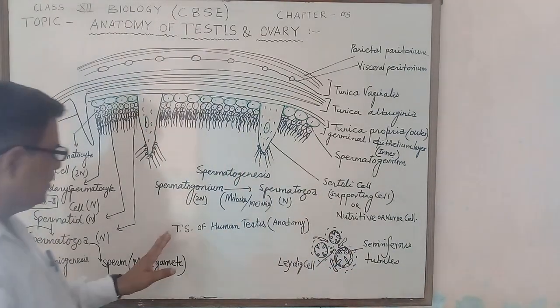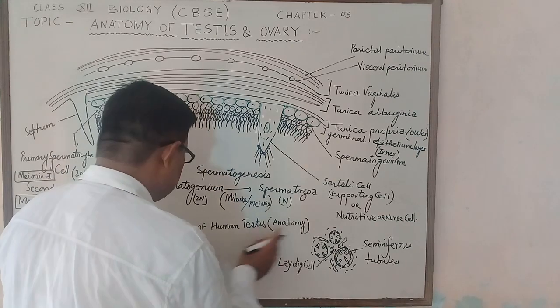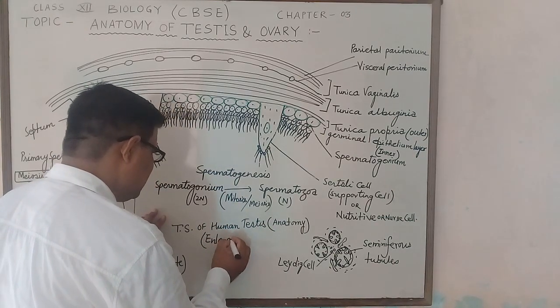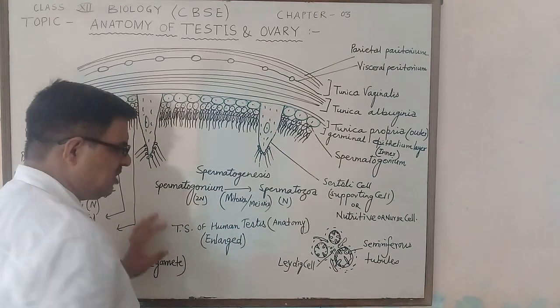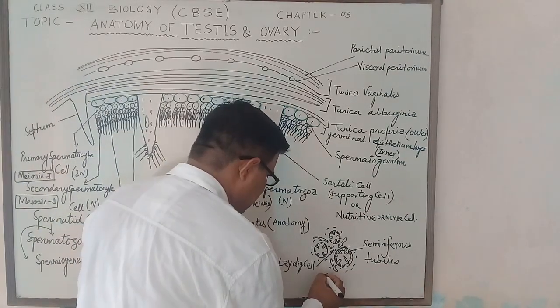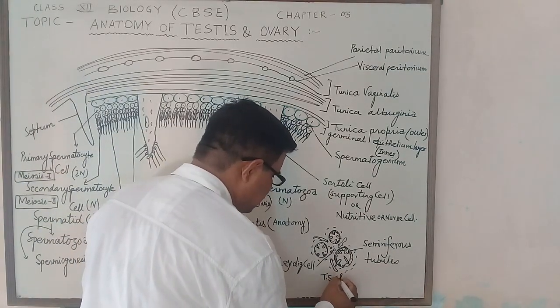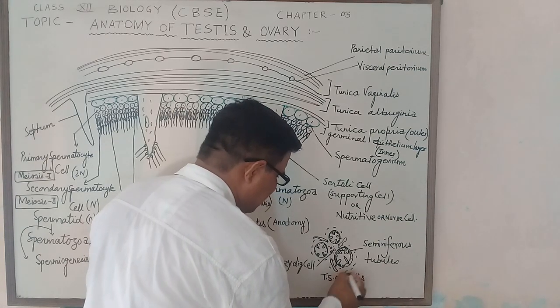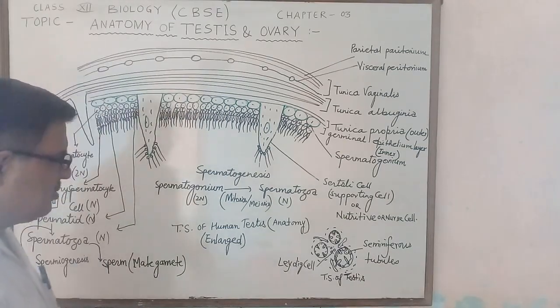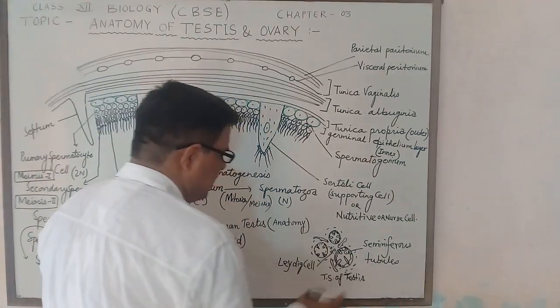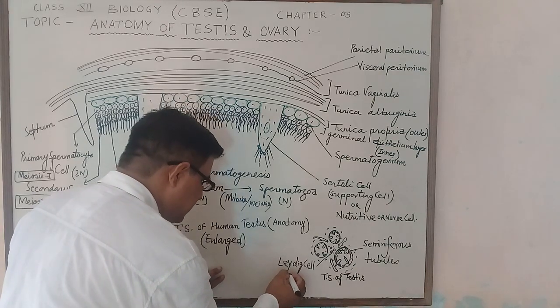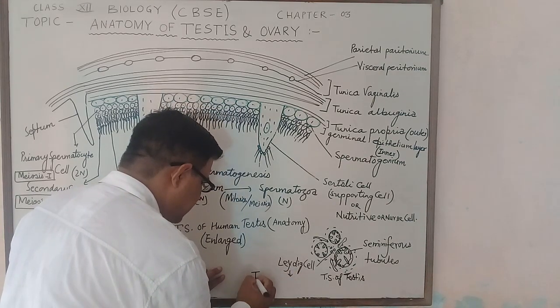Here the TS of human testis is shown in an enlarged way, but this is the TS of testis in a minute way. So between seminiferous tubules Leydig cells are present, and these Leydig cells secrete a type of hormone,